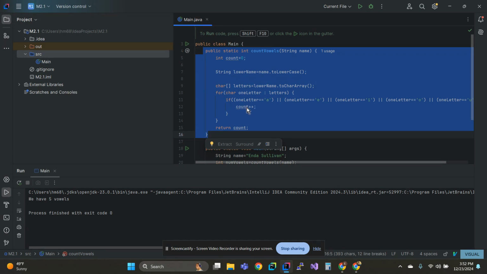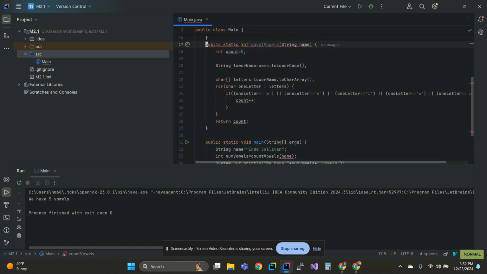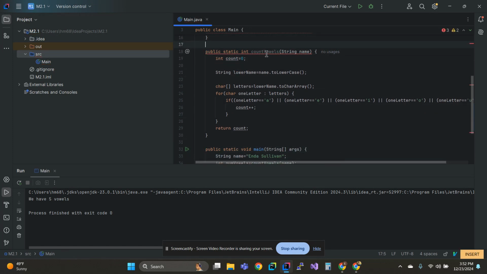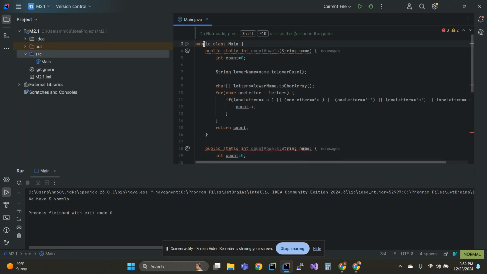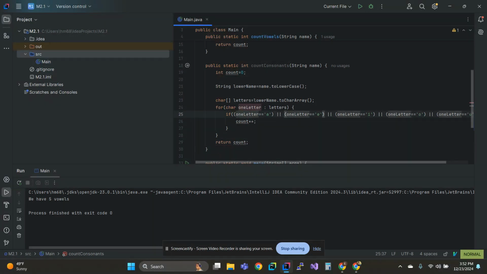and then it would simply only increment count if this was not true. So let's do that real quick, and then we're going to talk about how we might be able to combine them. So what I did was I just copied this whole method again and pasted it in. It's very unhappy because you're not allowed to have the same method with the same name and the same parameters twice. So I'm going to change the name to countConsonants. Alright, so now it's happy with it, but it's doing the exact same thing,